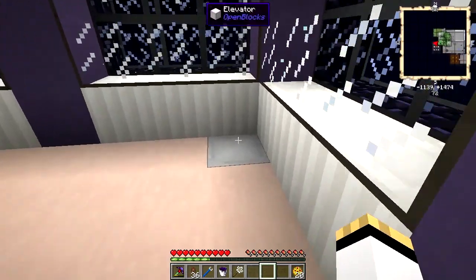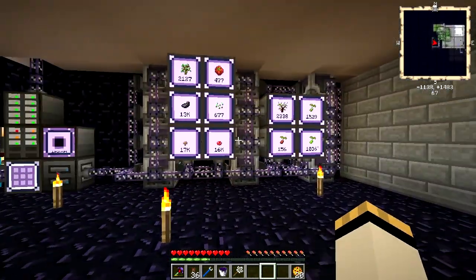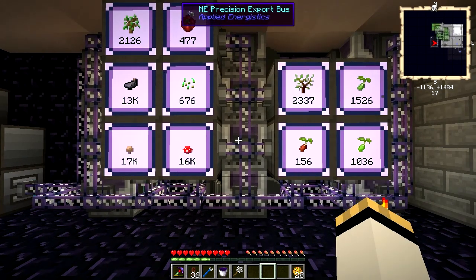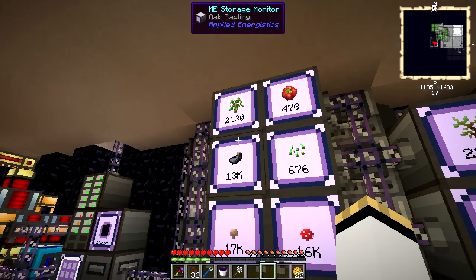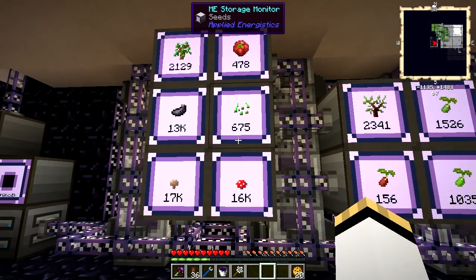Oh hey, I made a promise to you guys at the beginning of the episode, and I didn't follow through on it. So, I want to come down here and do so. So, when I walked away, I had 1,328 saplings. That's fine. I had 9,101 ink sacs. That's fine. I had